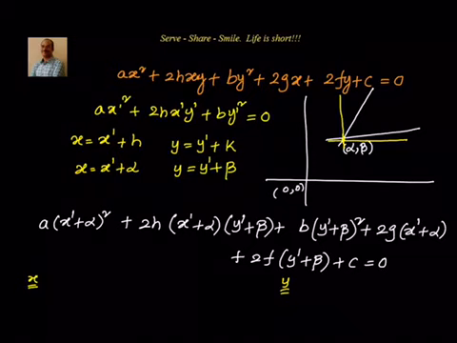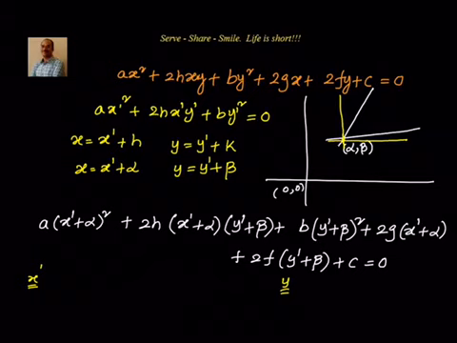Okay, now let us see where I will get my x'. First I will get x' from here, because the 2ab term of this will give me 2a x' alpha. Then I will get an x' term from here, 2h into x' into beta will give me another x' term. Afterwards 2g into x' will give me another x' term. So let me go ahead and write it down. The x' term coefficient should be equal to 0, because at the end we should be in the form of this. So if I expand this, I am okay with all this, but x' terms and y' terms should not be there. That's the logic.